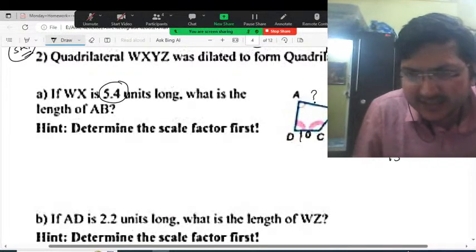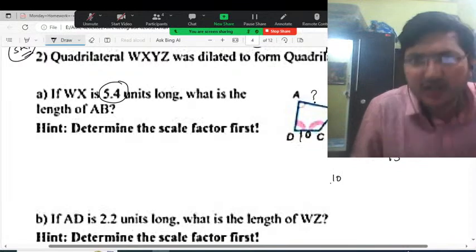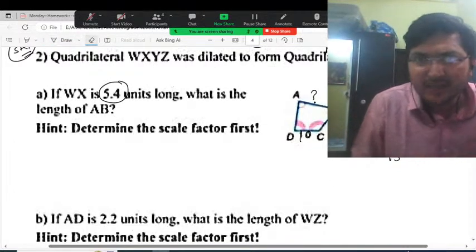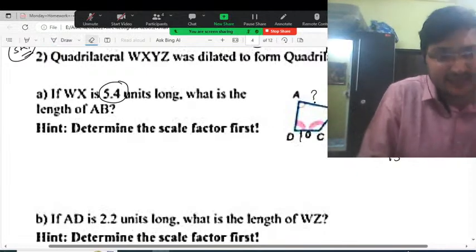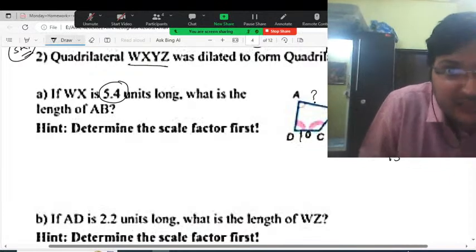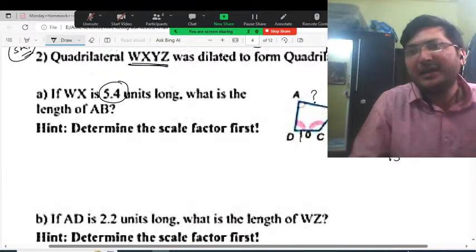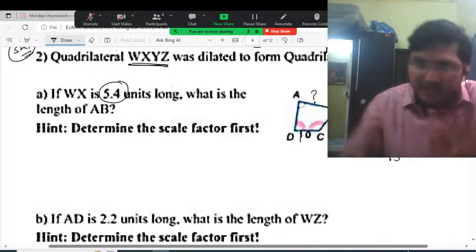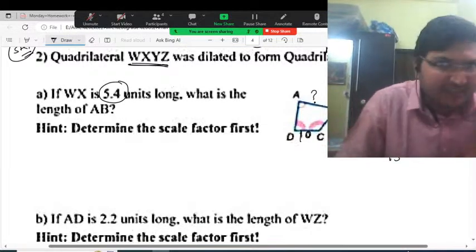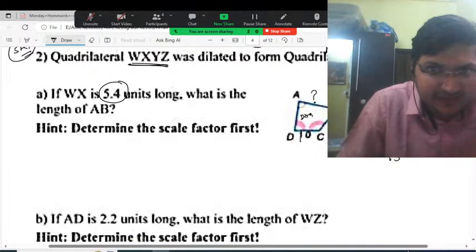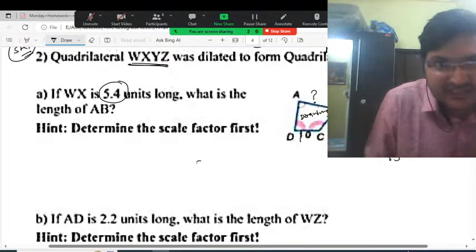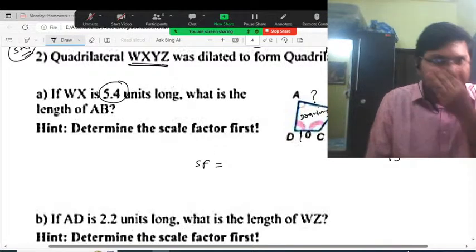What is given in the question is very interesting. If they are dilated, they must be similar. Do remember that. WXYZ was dilated to form ABCD. Which was dilated? WXYZ was dilated, that means it is the object, and the obtained figure is the drawing. That means if we want a scale factor, we need to take